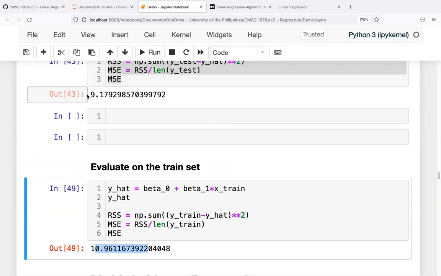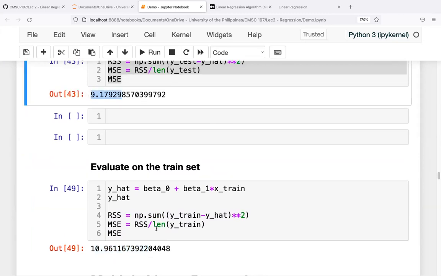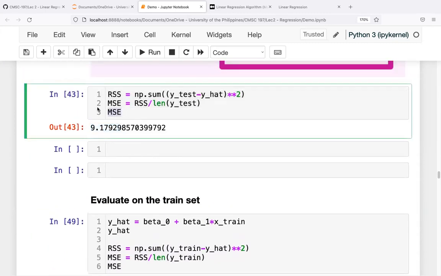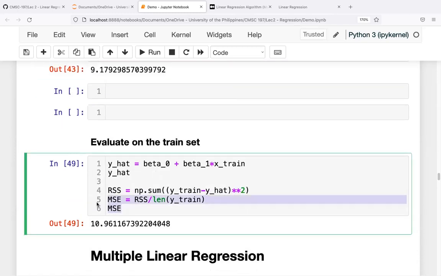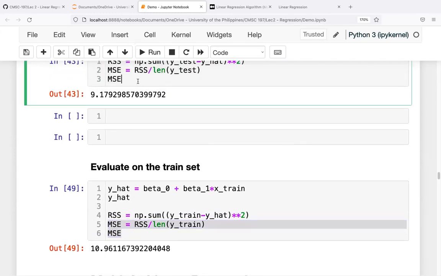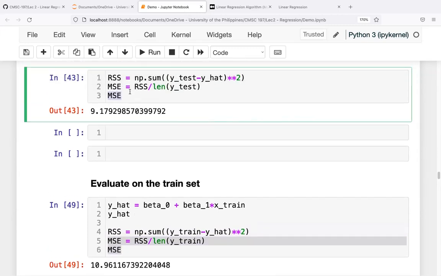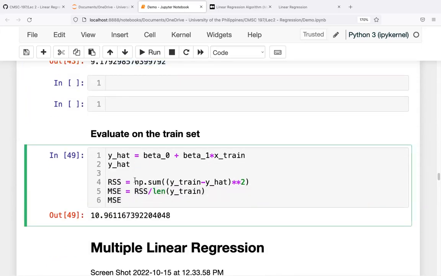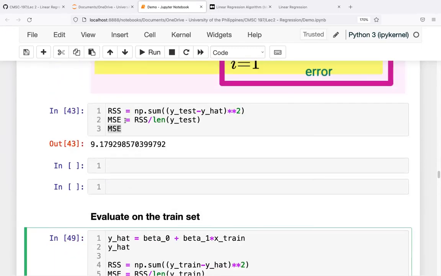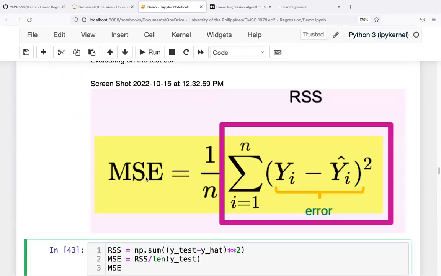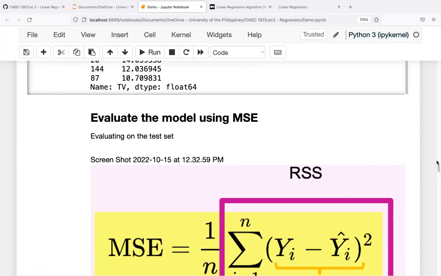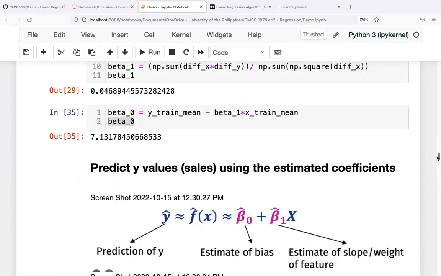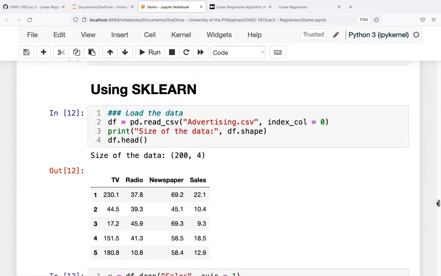As we can see, there is little to no difference between the MSE for the test set and the train set, and even the test set is better. On the unseen data, our results are even better as compared to the train results, which means that the results are good enough. Okay, or we did not experience any overfitting. Okay, now